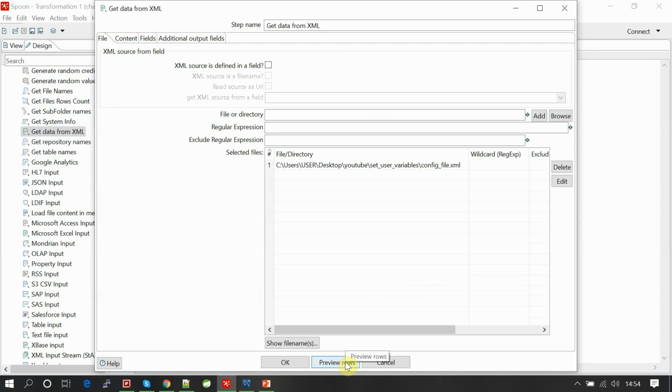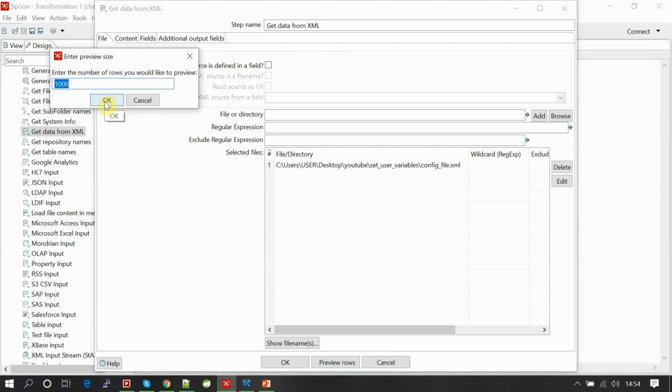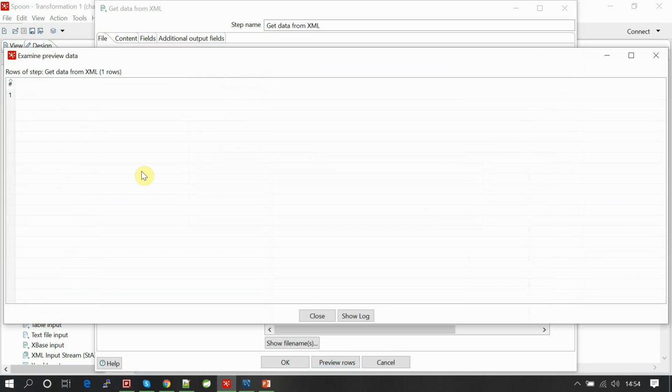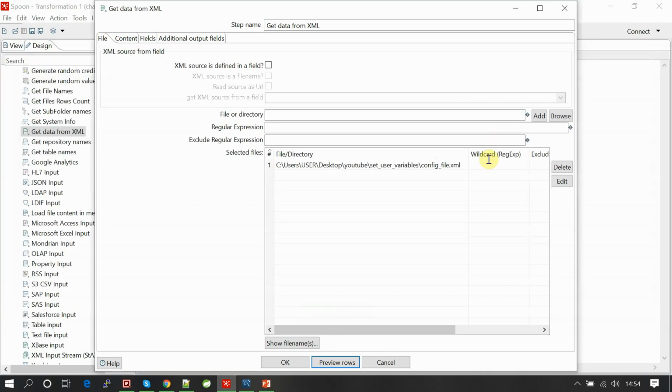For testing you can preview the rows. Nothing has come, because regex.